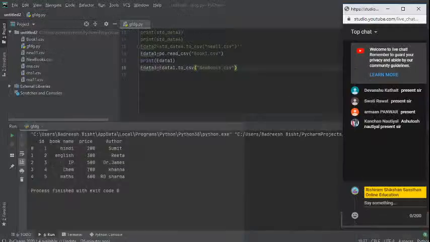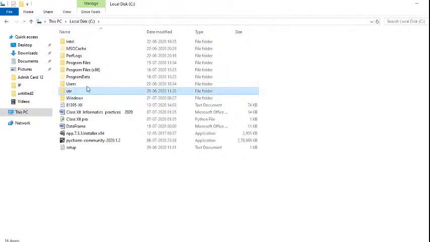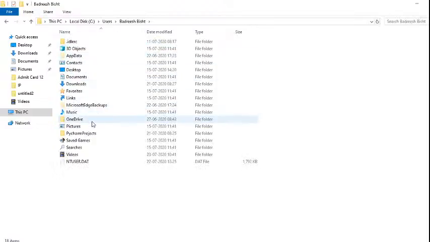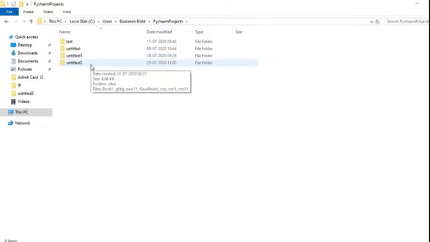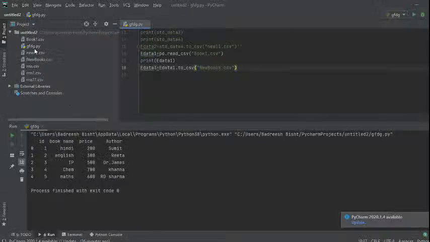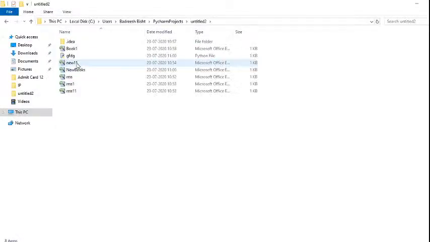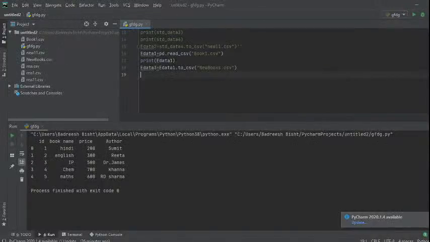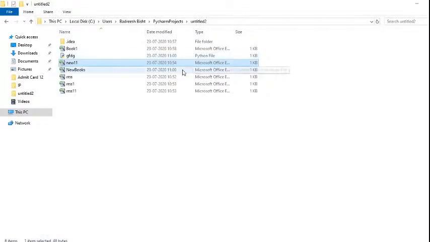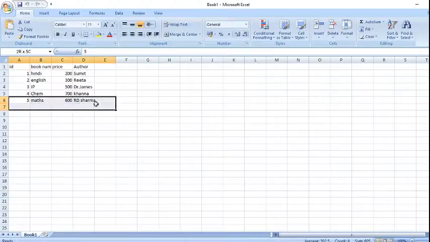In your folder there will not be the name Badri's based, your computer name will be there, right? Go to the C drive, don't think that Badri's based folder is not here, it is your computer's name. Then under that PyCharm projects and untitled, because I have not given a name, right? So the name you have given, that should be the same. Untitled 2 is the name, right? Again I am changing. In this CSV edata1, we are reading CSV book 1, right? So in book 1 I am making one change.